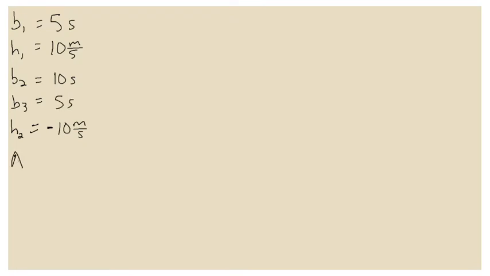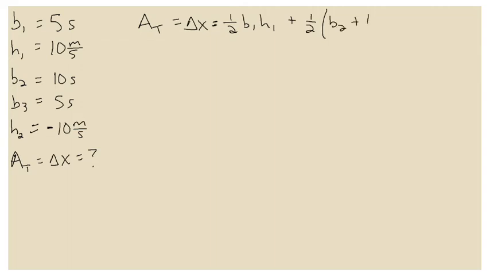And we're looking for the total area, which is equal to the total displacement, which is our unknown. And so now we'll set it up. It's going to be a fairly long equation, but we'll be able to do it in one shot. The total area, which is equal to the displacement, is the area of triangle number 1, which is 1/2 base 1 height 1, plus the area of the trapezoid, which is 1/2 base 2 plus base 3